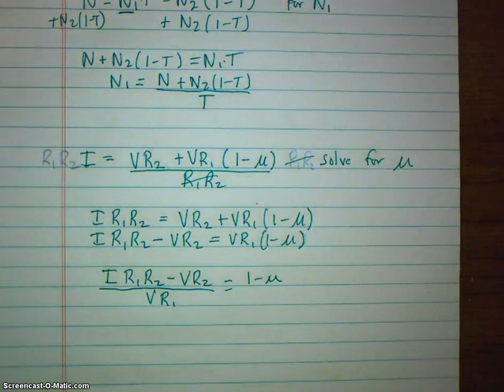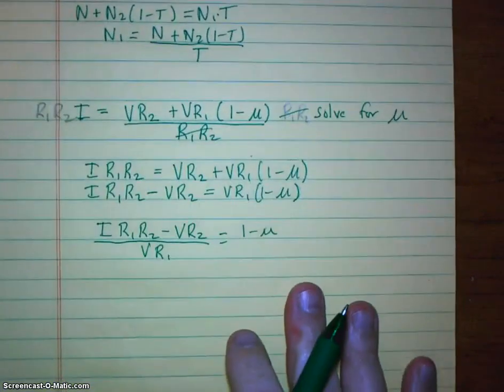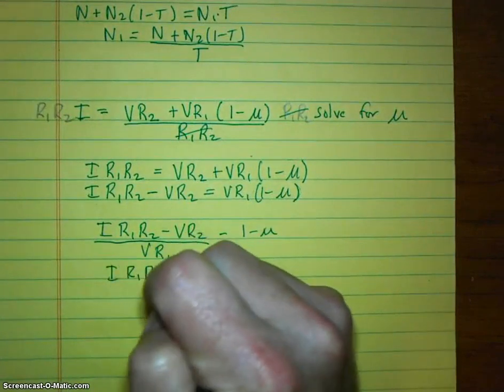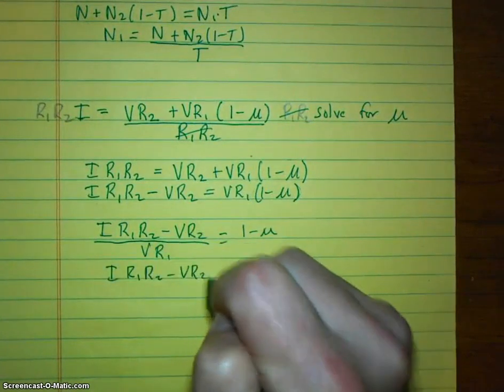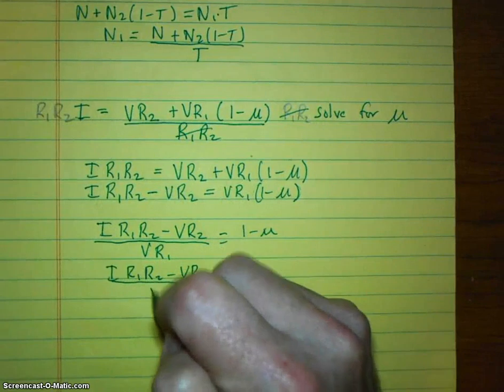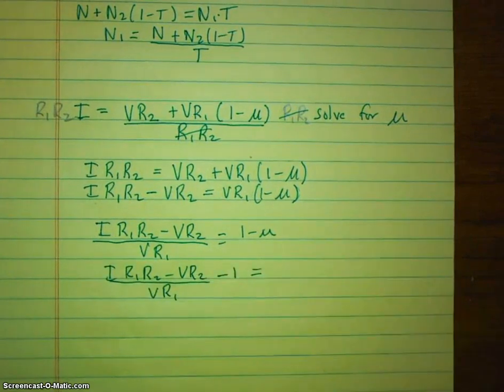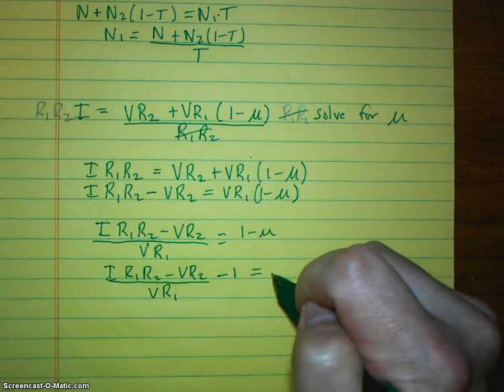All right, we're almost there. Subtract the 1. I R1 R2 minus VR2 over VR1 minus 1 is, watch out for this, really common mistake, it's still minus